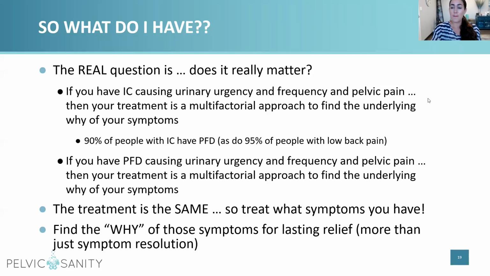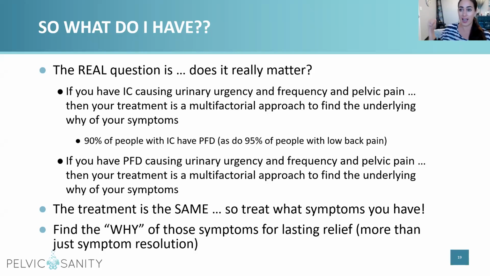So it might matter to you. Now I want you to go back and think about when I asked you to think, does it matter for you if you have a definite diagnosis? If it does, then you need to talk to your healthcare practitioner and pin them down on what do I